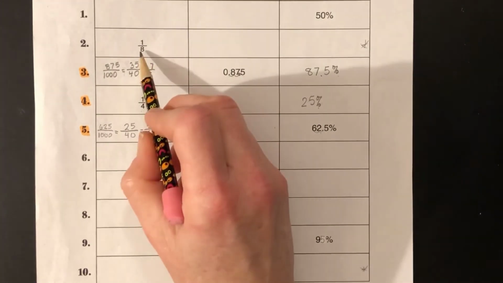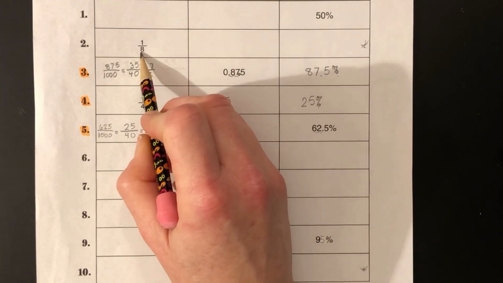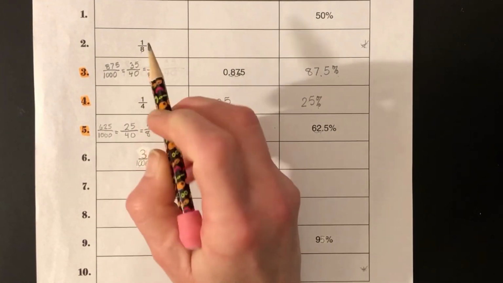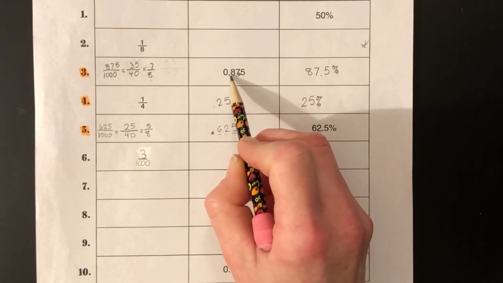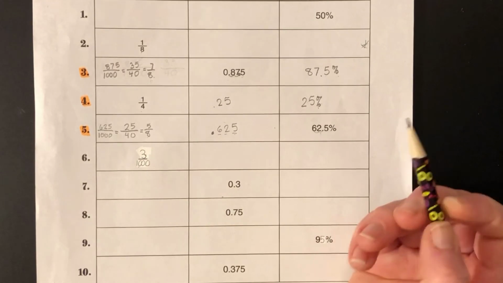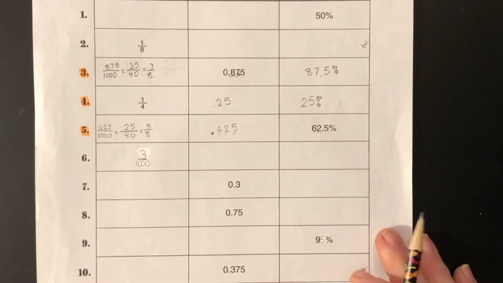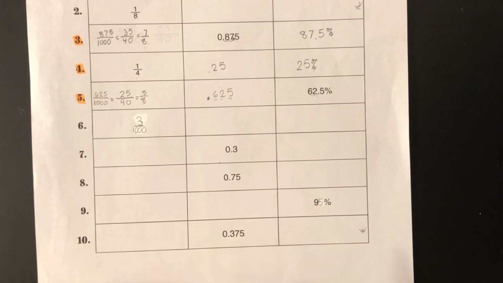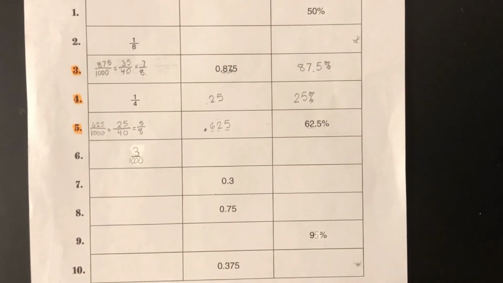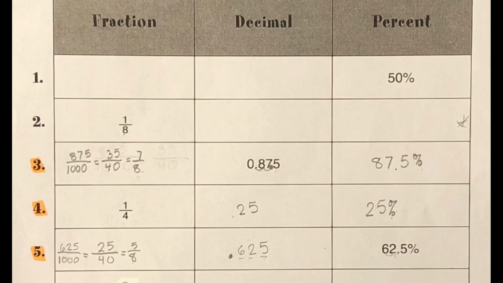When you convert fractions of eighths to decimals, you're always going to have 3 digits after the decimal. This one's 7/8, you've got 3 digits. This one's 5/8, you've got 3 digits. I can tell you number 10 will be something eighths because it's got those 3 digits. Just a heads up on there. Take one last look at our work before you're on your